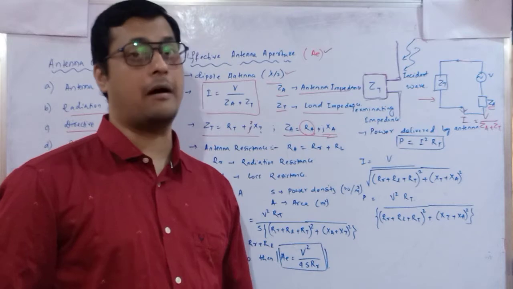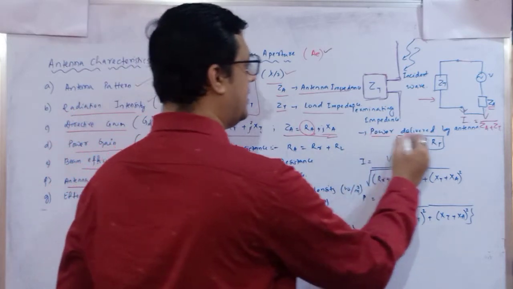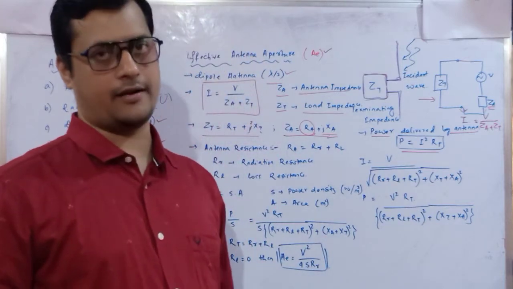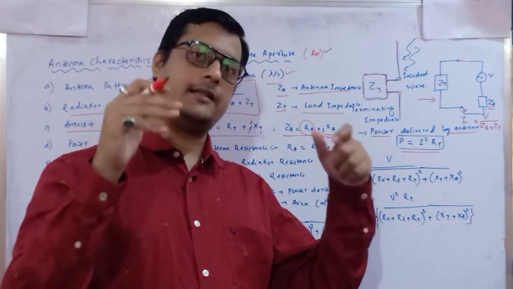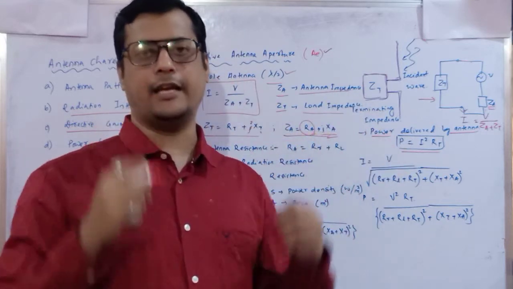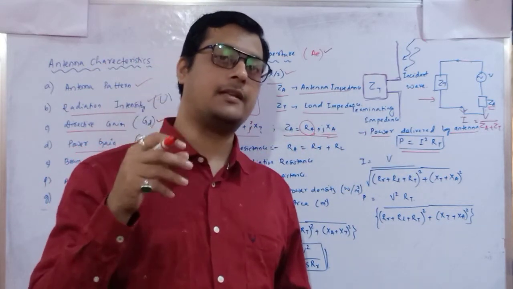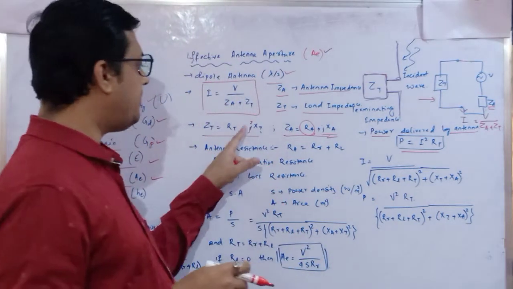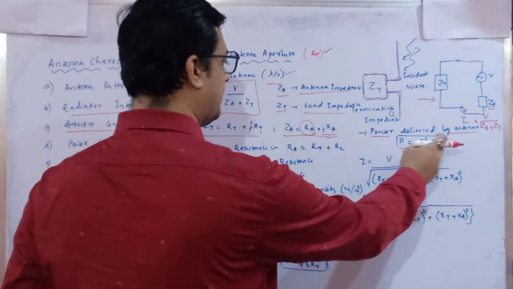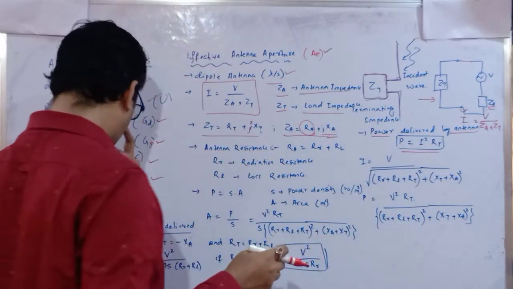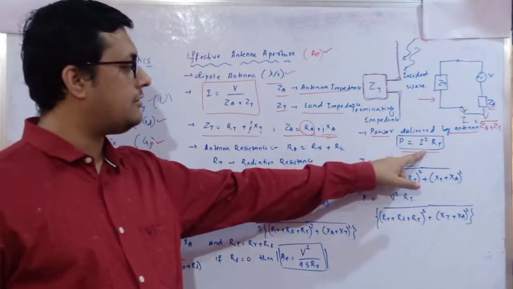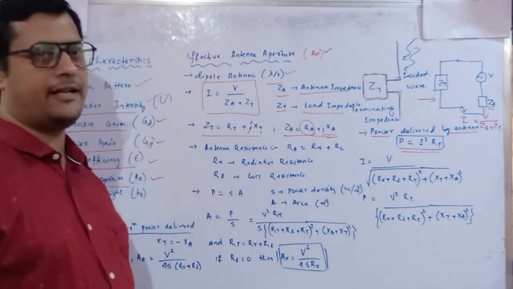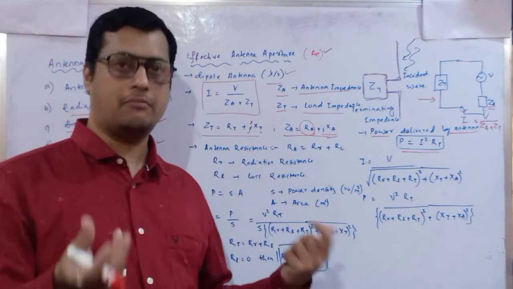So impedance is identified, current is identified, potential is also identified. Next we have to identify the power dissipation. So power delivered by the antenna, I can write P is equal to I square into RT, because the power delivered at the antenna means we are extracting the information. We are extracting the information at which point? At the load impedance point. So what is the load impedance point? RT plus jXT. So it is I square into RT. Now what is I? I is nothing but V divided by ZA plus ZT. Now ZA and ZT we have to identify.